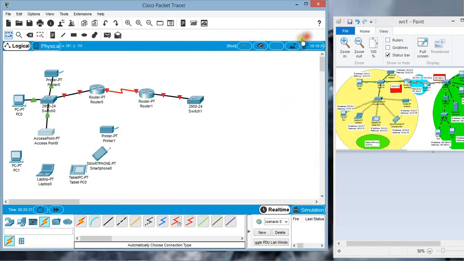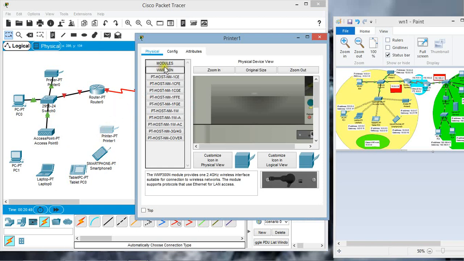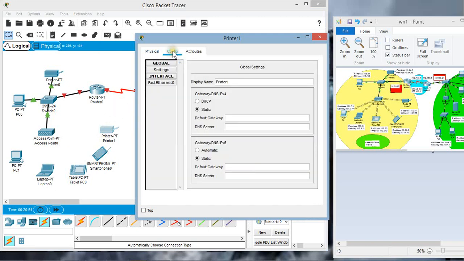Close this. Now let's check the wireless interface configuration on each of these wireless devices. First of all, we'll click on printer. In printer, click on the config tab.